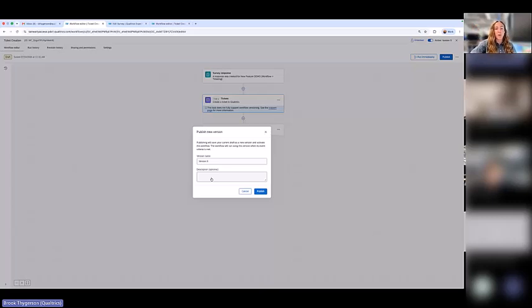But let's say you want to go back. It's really tricky to know what change you made. So I would, as a best practice, say changed email description to piped first name text. Now, if I publish that,